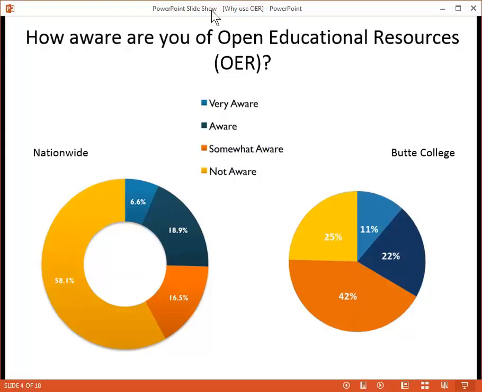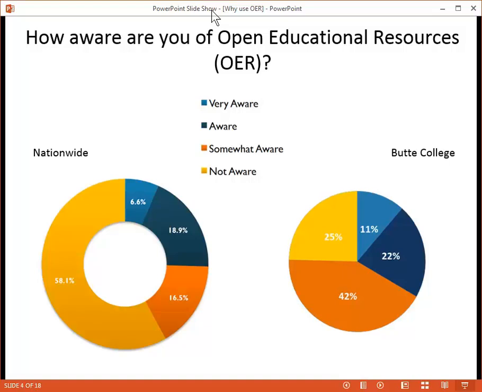OER is a fairly new concept in education, and that's really the purpose of this presentation, is to discuss some of the basics. In future presentations, we'll look at the specifics of licensing and how to find these resources, but for right now we're going to focus on the introductory content because a lot of faculty are not aware of